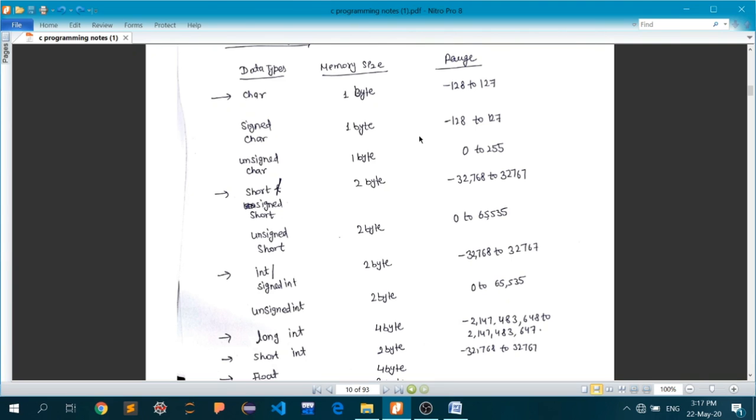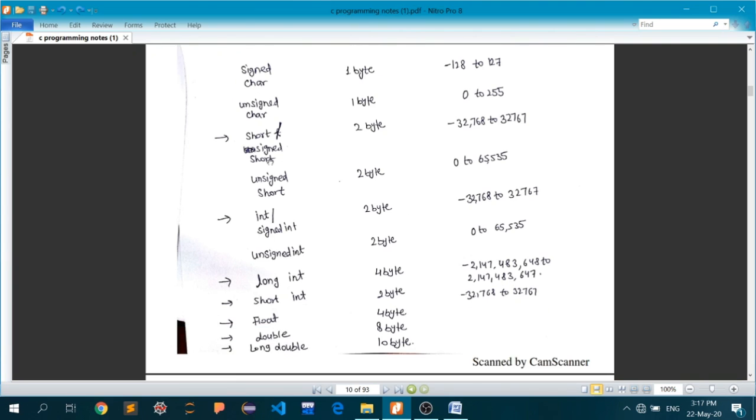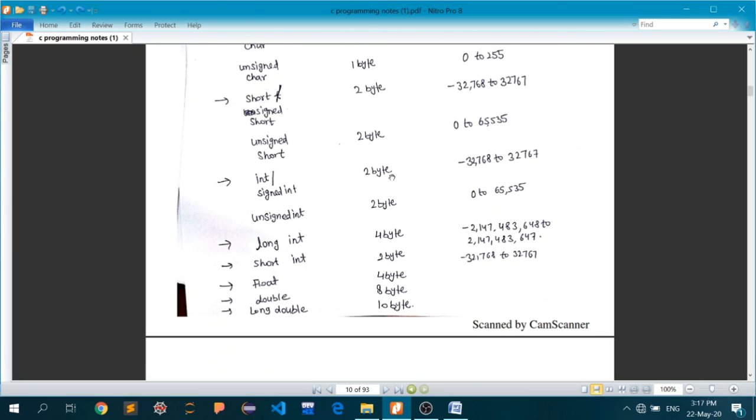Okay, and then we have short. Short is a type of integer value, but its range is a little less. And then we have integer.